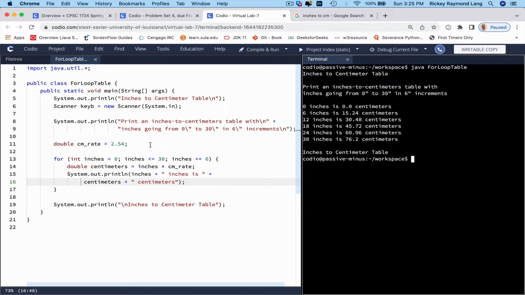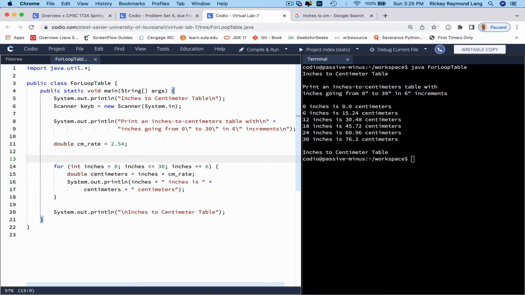So we'd like to have columns, just the word inches and the word centimeters once before the numbers start, and then we don't have to repeat them. We'll just label them before we start the loop, as in headers. Again, we only want to print the column headers once, so we do it before the loop starts, and we'll just print the word inches and some spaces, and then the word centimeters. And now we don't have to say all this